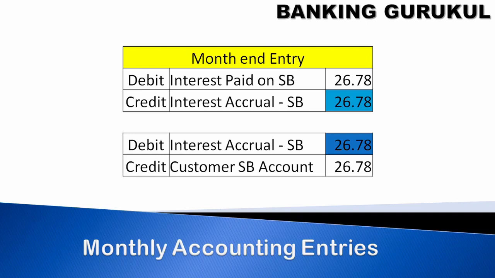This crediting to the customer account will differ from one bank to another bank. Some banks will follow that every month interest will be paid to the customer account. So in my scenario, if the bank is paying interest every month, this is applicable. Other banks are doing it quarterly, meaning 3 months will accrue and posting will be done once in 3 months. Some banks are following 6 months. 6 months will accrue, and at the end of 6 months it will be posted to the savings bank account. So once in 6 months.